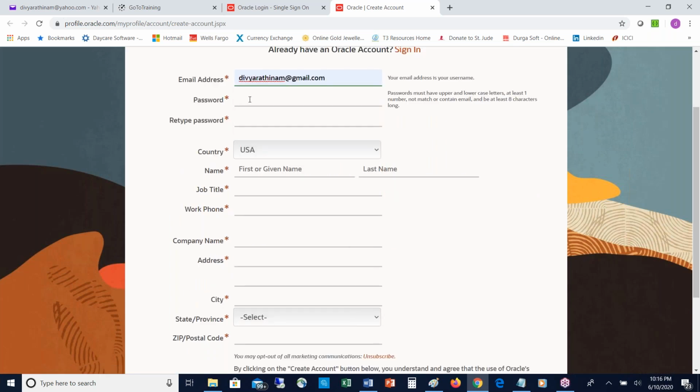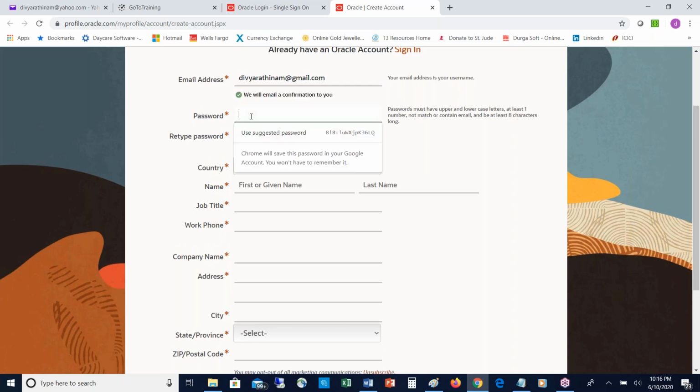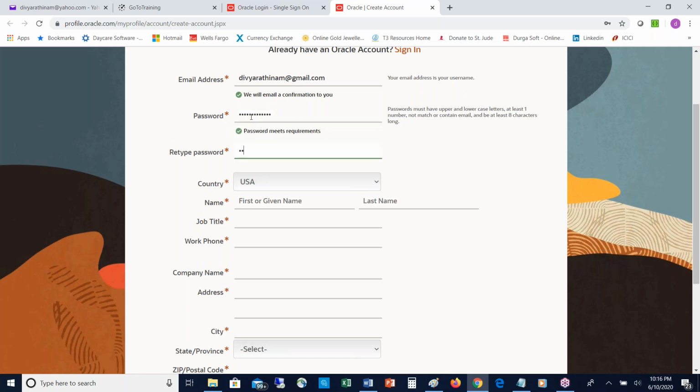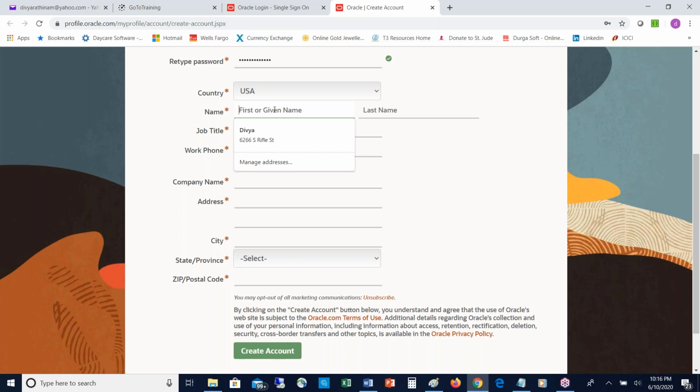Give a valid email address, as you will get a verification mail at that address. Give the password: minimum 8 characters, at least one number, and it should not match the email. Make sure there is one uppercase, one lowercase, and at least one number in the password. Do remember this email address and password.